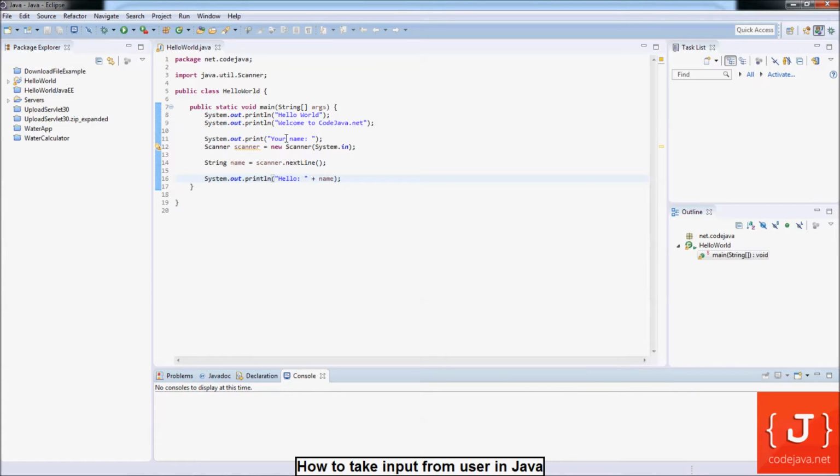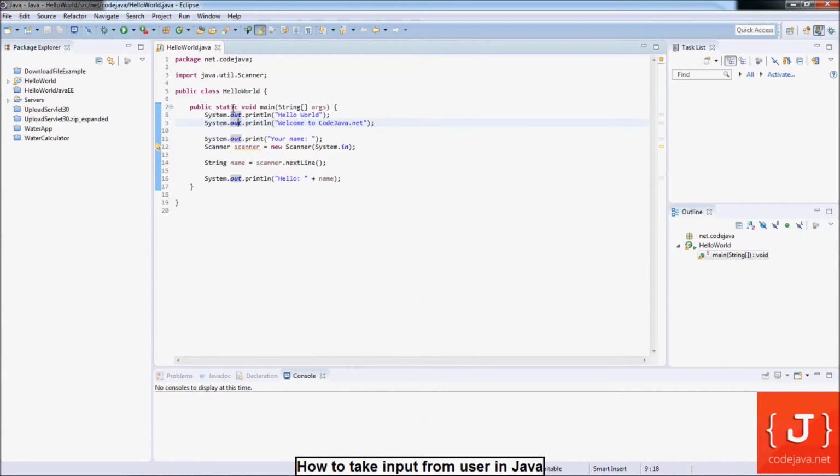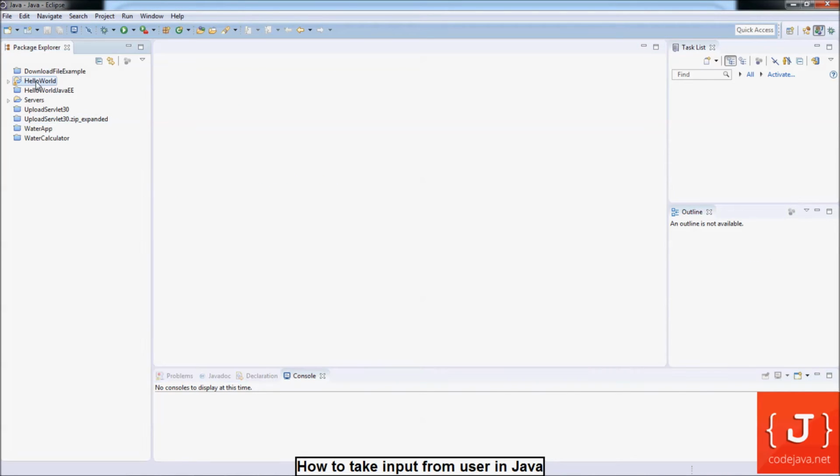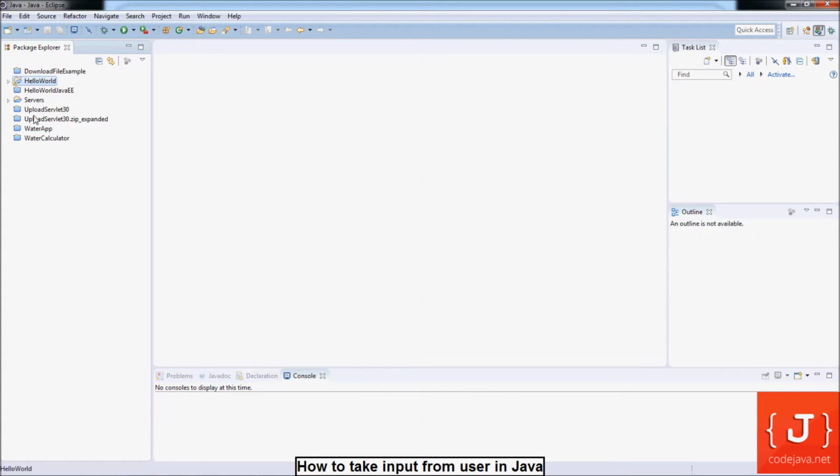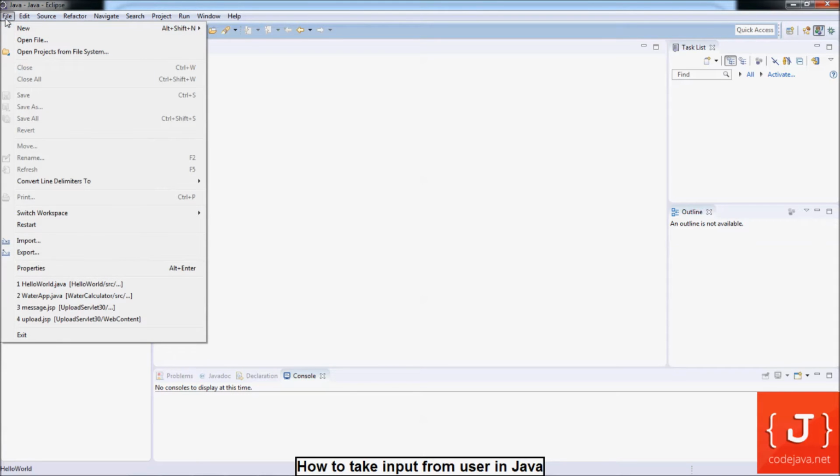Here we go. This is my Eclipse IDE, and this is the hello one using the Scanner class. Okay, I close this project and create a new one. Now I'm going to create a new Java project